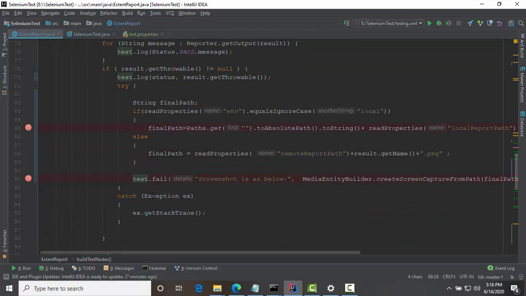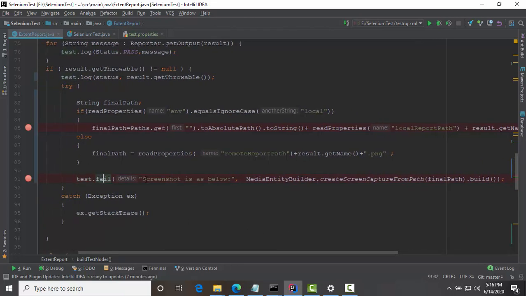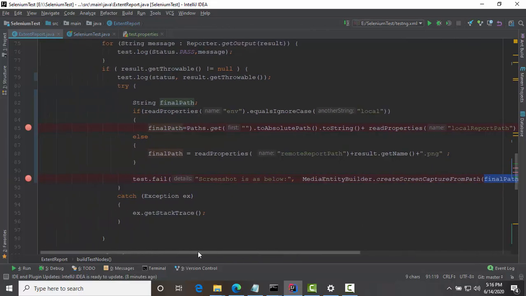For this I have taken the path of the screenshot folder and attached it using the method test.fail. A description has been given and I have attached a screenshot. For that you have to use MediaEntityBuilder.createScreenCaptureFromPath, and specify the path where your screenshot is located. So these are the changes that I have done.